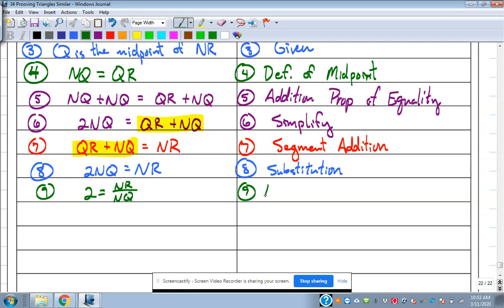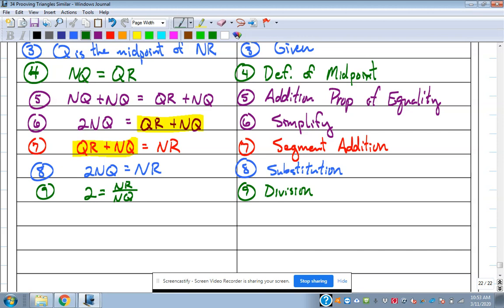Yeah, just division property. Okay. That gives us one ratio, that the ratio of those two sides is 2. All I have to show now is I have an angle that's congruent already, those right angles. Now I have one pair of sides that has a ratio of 2. If I can show the other pair of sides has a ratio of 2, then I've got everything proportional,